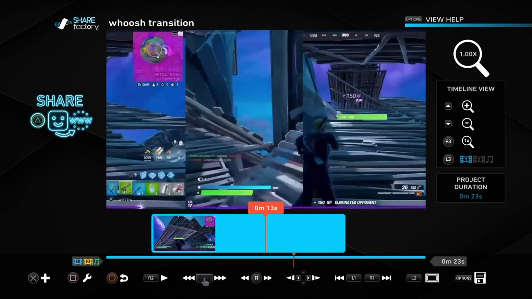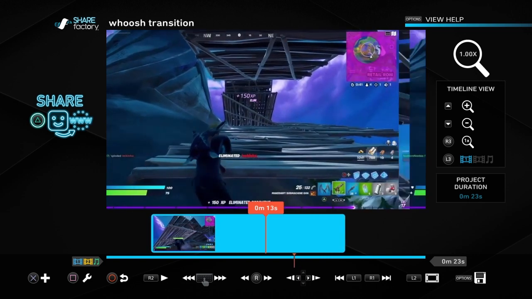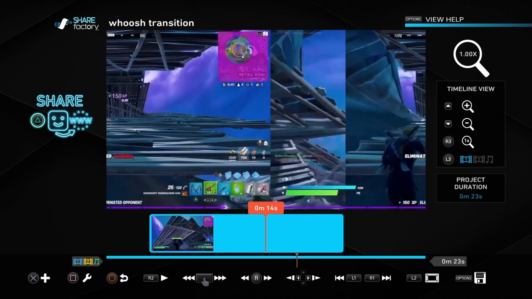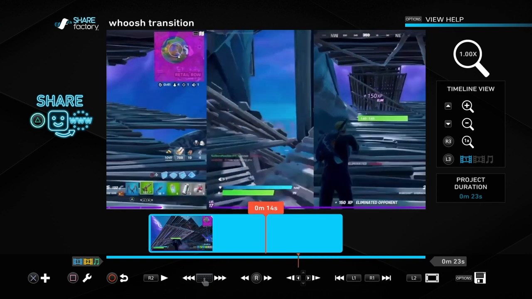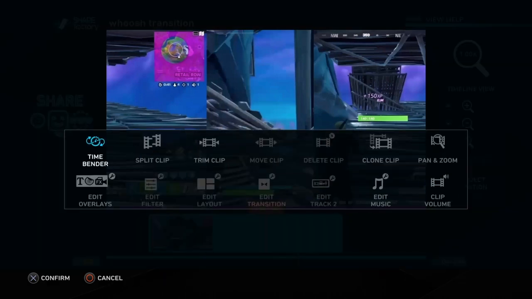So we'll do it once more here. You use the D-pad to find where the transition happens and keep on going until it's about halfway, and you'll know it's halfway because it's about equal like that. It's evenly split across the screen. Push the cross button, and we want to, oh no, not that one, we want to push that, that's it,